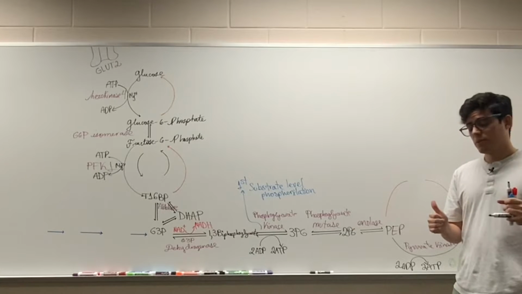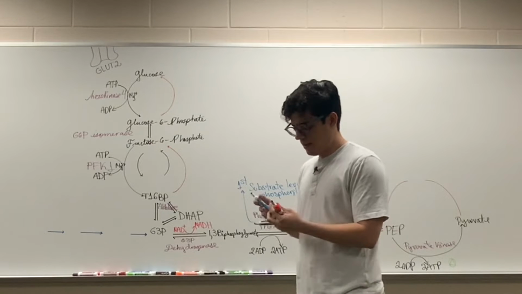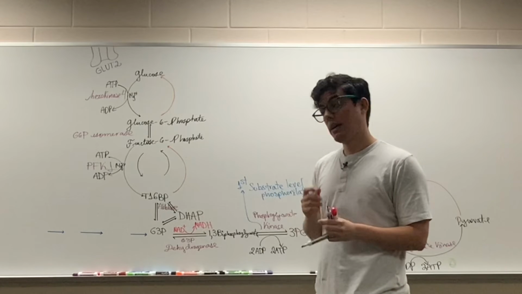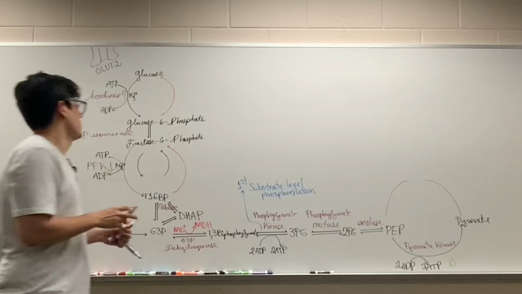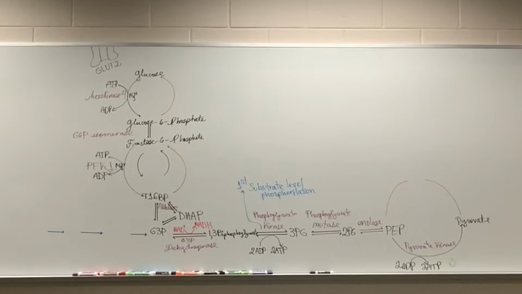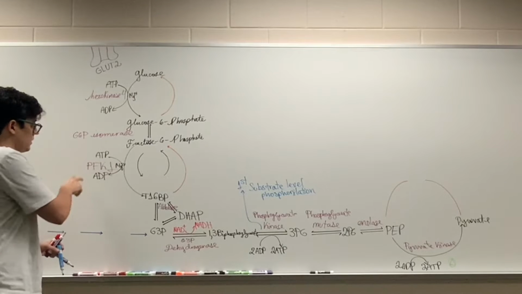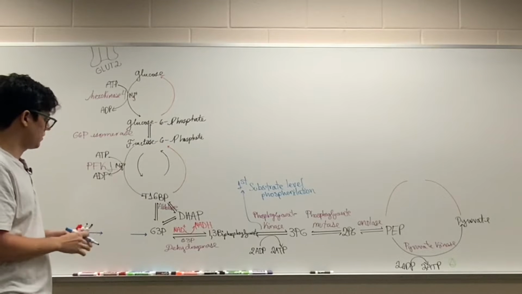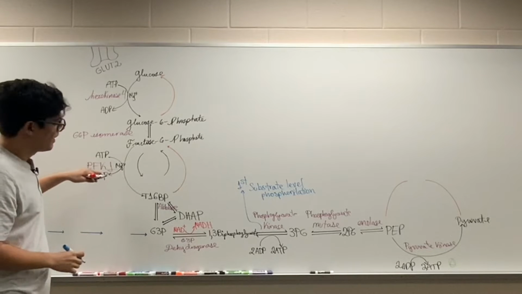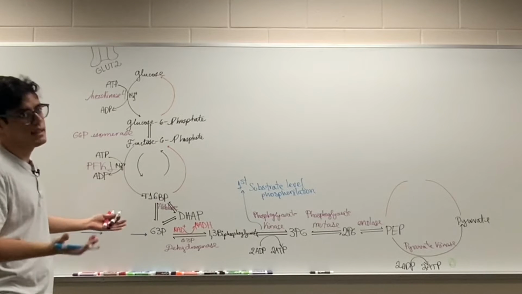The last thing that I want to mention is some clinical points that you guys went over when you went through the class. In those clinical points, I want to mention phosphofructokinase 1 deficiency that causes hemolytic anemia. But for that, I prefer to explain the hemolytic anemia by explaining the next deficiency